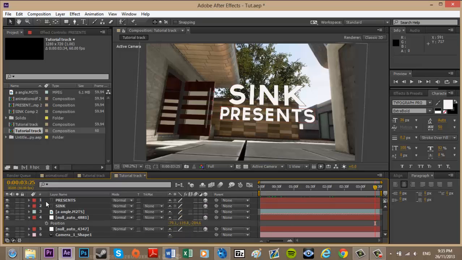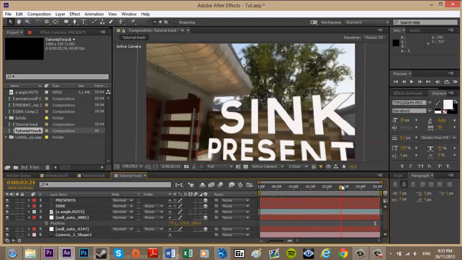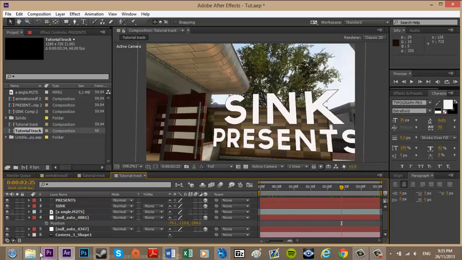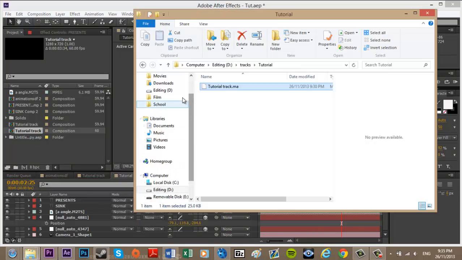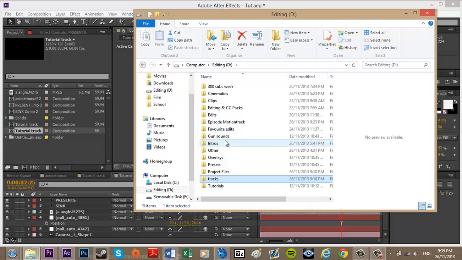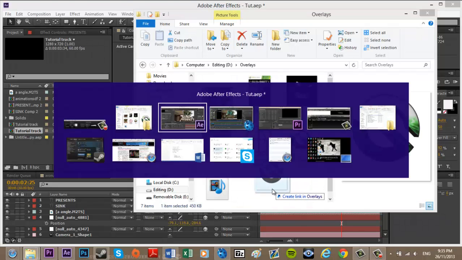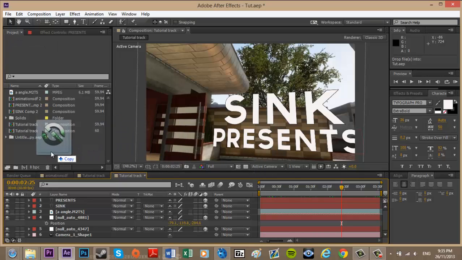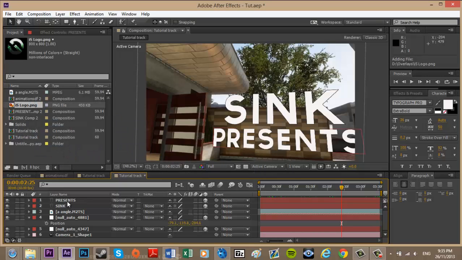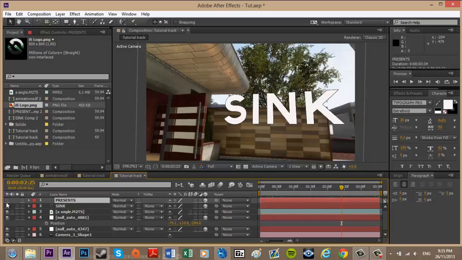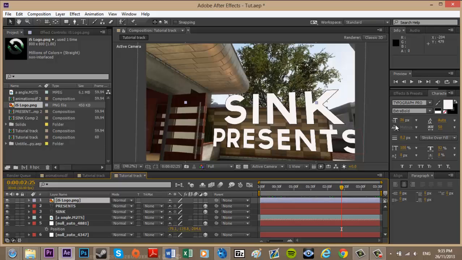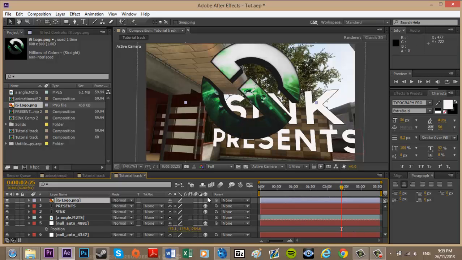So what I'm now going to do is show you how to track other things such as pictures. So I'm just going to go in here, go to my editing, overlays, and say I wanted to track the IS logo. So I'm just going to copy that file in. Just going to hide these, or actually no, I'm going to keep them there. Drag that into our composition,